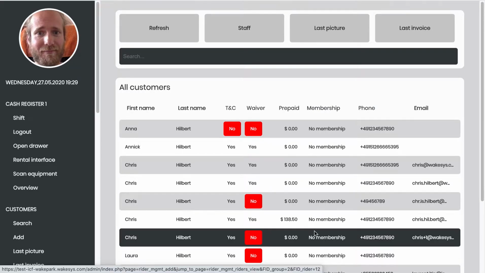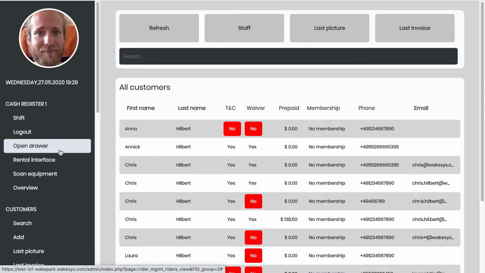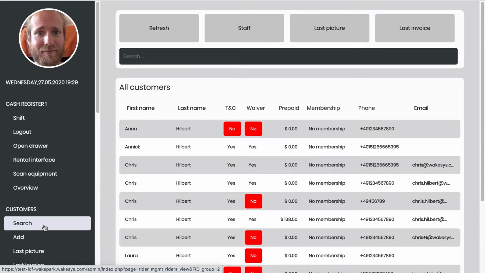This is a video about how to use the family checkout. In other words, how a father can pay for his children and his own ticket in one go. So as with everything in WakeSys, when you want to sell something, you first go in customer search, and then for